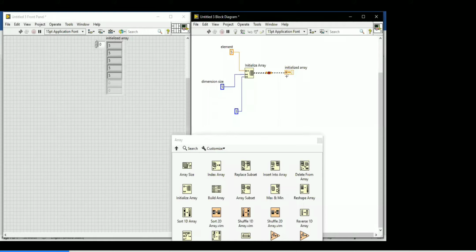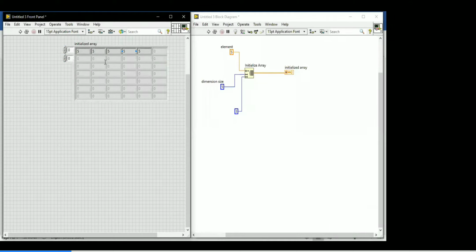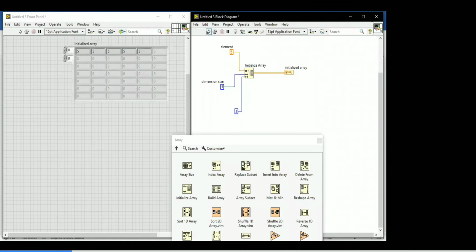So kindly see, I dragged the dimension 2 times, that will become a 2-dimension array. This is always row, the first one will always be row. 5 rows, 3 columns you will get. So just drag the dimension here to solve the error. Now 5 rows you will get: row 1, row 2, row 3, row 4, row 5. 5 rows, 3 columns you will get. This way you will get the answer over there.